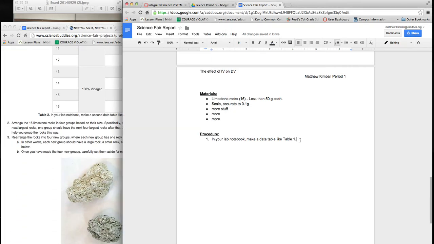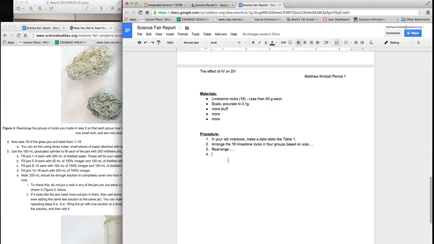Then you're going to go to step 2 and arrange the 16 limestone rocks in 4 groups based on size, etc., etc. I'm going to go on to 3, rearrange, etc., etc. I'm going to go on to number 4, which is going to be now take 16 of the glass jars,